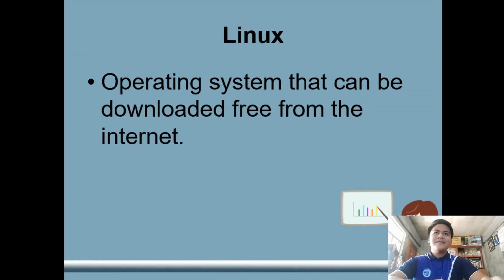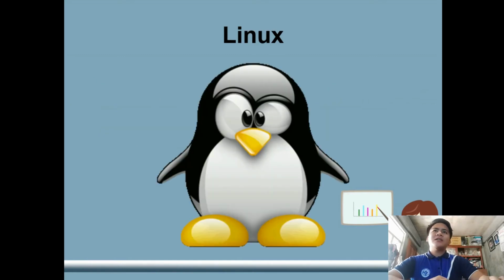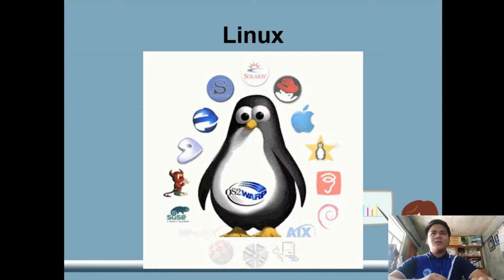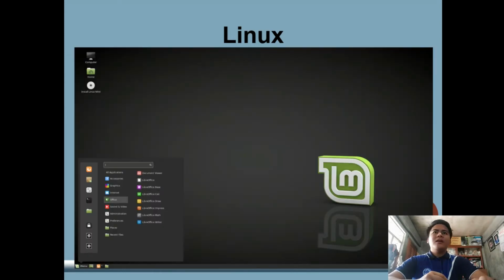And that is free. So, ano naman po ang interface ng Linux? Reminder, logo of Linux is Penguin. I don't know why Penguin, but that is the logo of Linux. So, that is Linux. Okay? And once we go to the desktop of Linux, ganyan po yung interface ng ating Linux. So, kung mapapansin natin dito, ang nakalagay is LibreOffice, LibreBase, and so on. Lahat po ng mga application na i-install natin using the Linux is free.